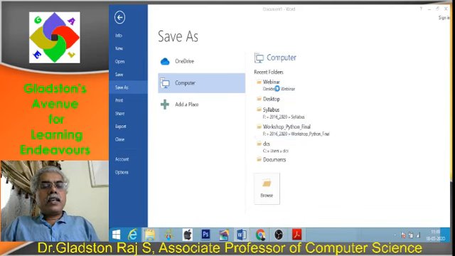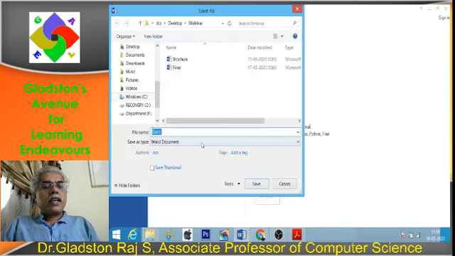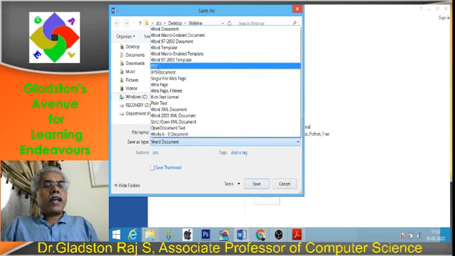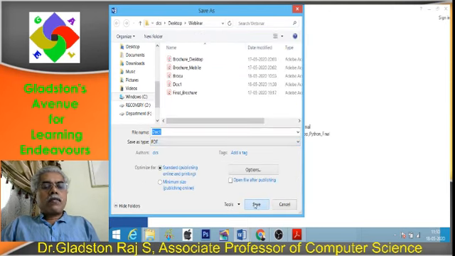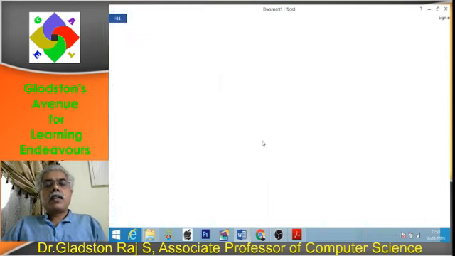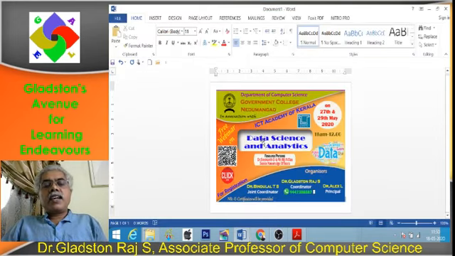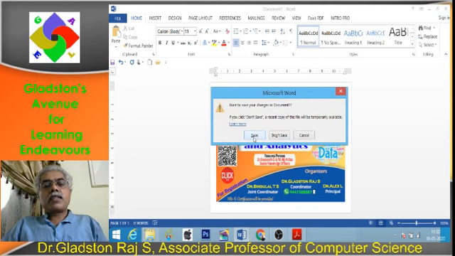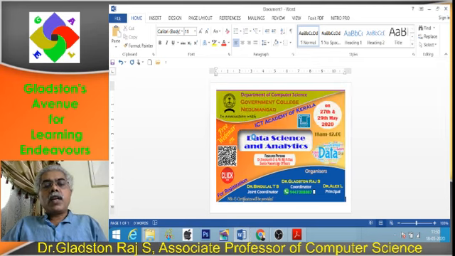In your directory, you save this particular image in PDF format so that when you send it through WhatsApp, others can click on that particular image in the PDF so that they will be taken to that particular site. I think you understood that part.